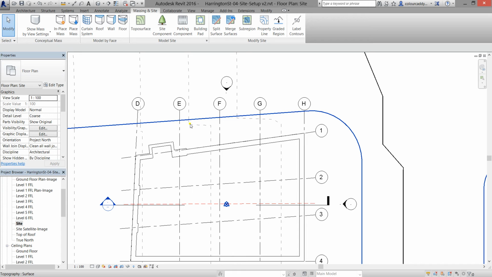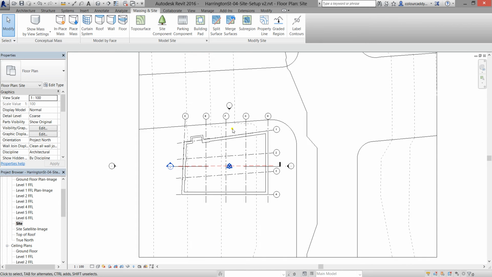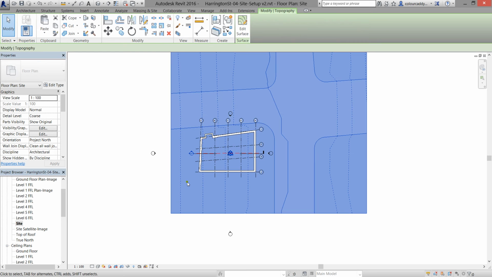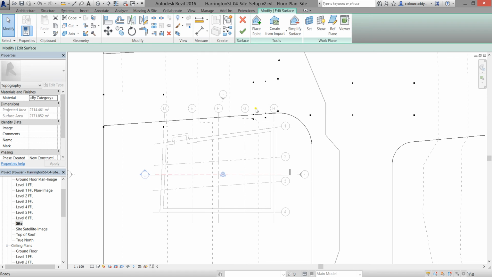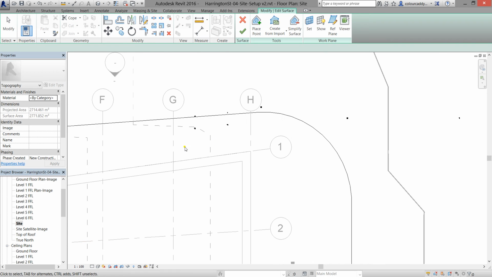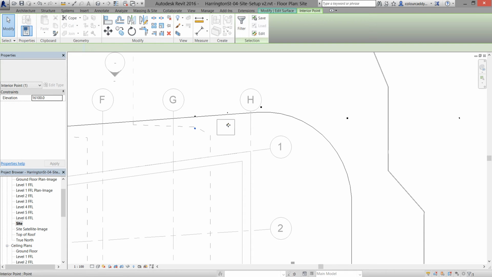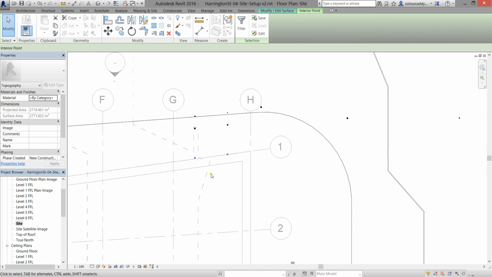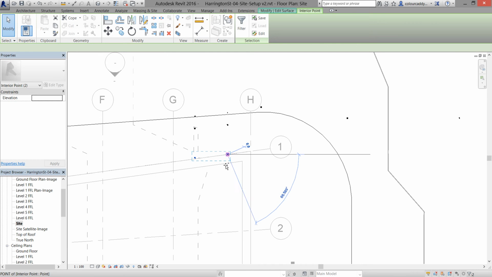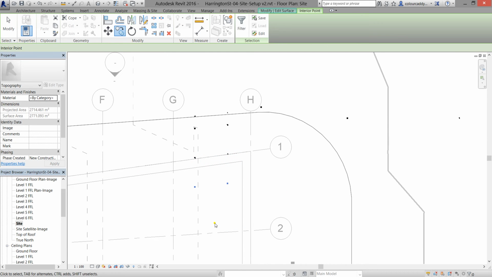So I've done the one side of the steps, but I didn't do the other side. So not a problem. I can select the topo surface, clicking on the outside line there, edit surface. Okay, so you can see here the detail, and the trick to getting abrupt changes in level, which is really what we're dealing with here, is just putting in lots of extra points. Okay, so I'm going to leave those points there. I'm going to copy those down here, and then it doesn't matter if they go through the building, that's absolutely fine. So it just continues through,